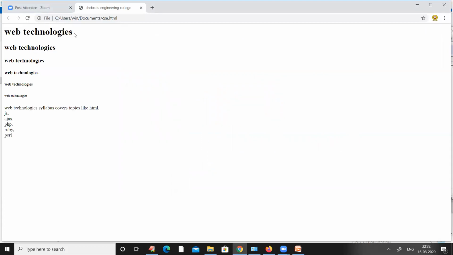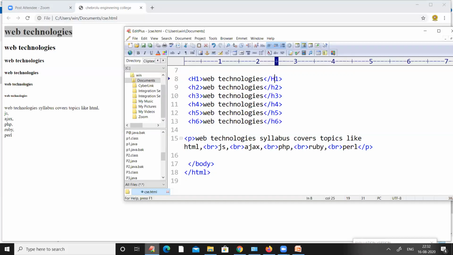You can see we don't get any problem for this H1 heading because it is not a case sensitive language. We can use uppercase or lowercase letters. Any type of letters will never change the output of the program or cause errors. All of you please remember and make a note of this point.